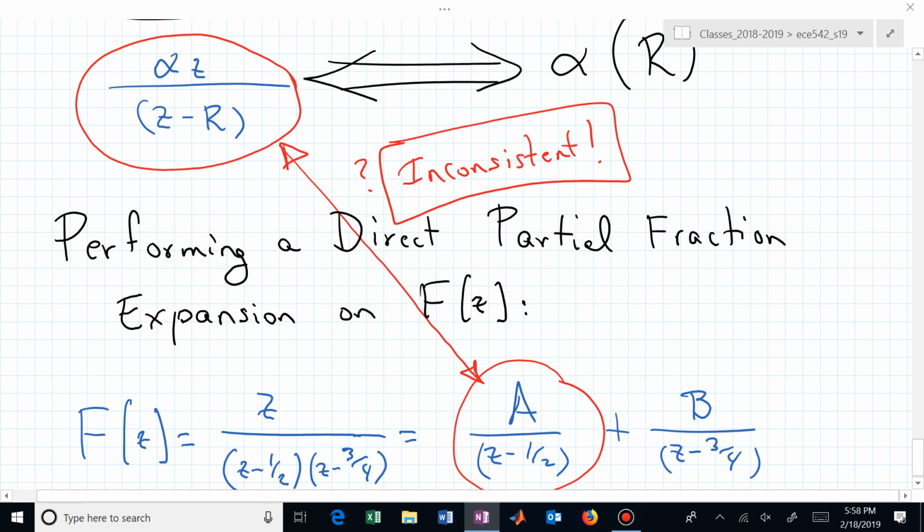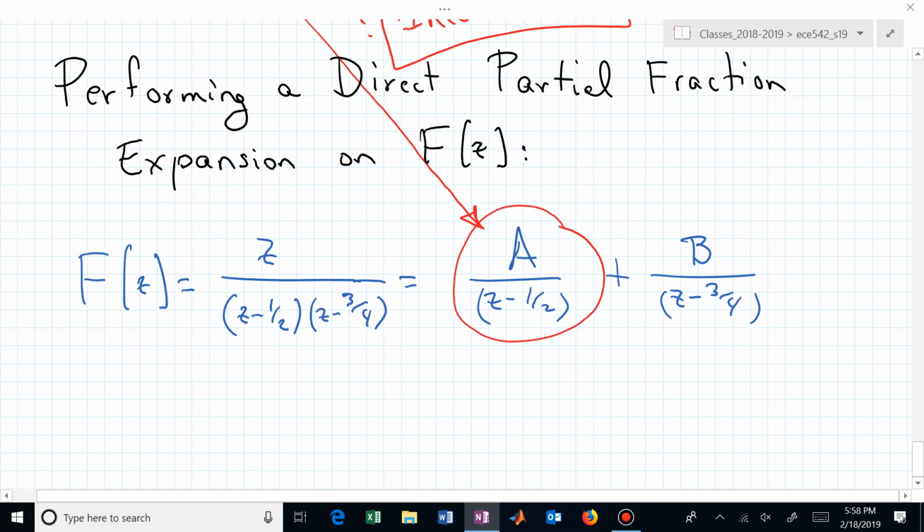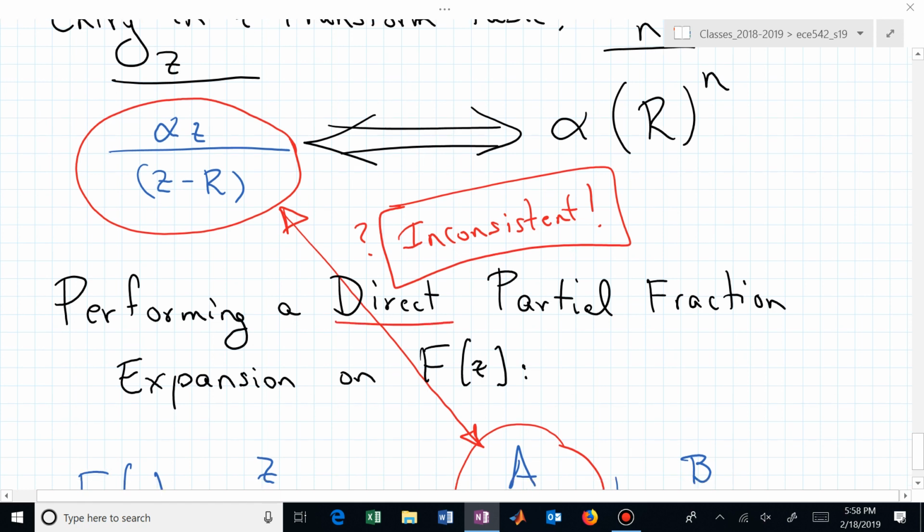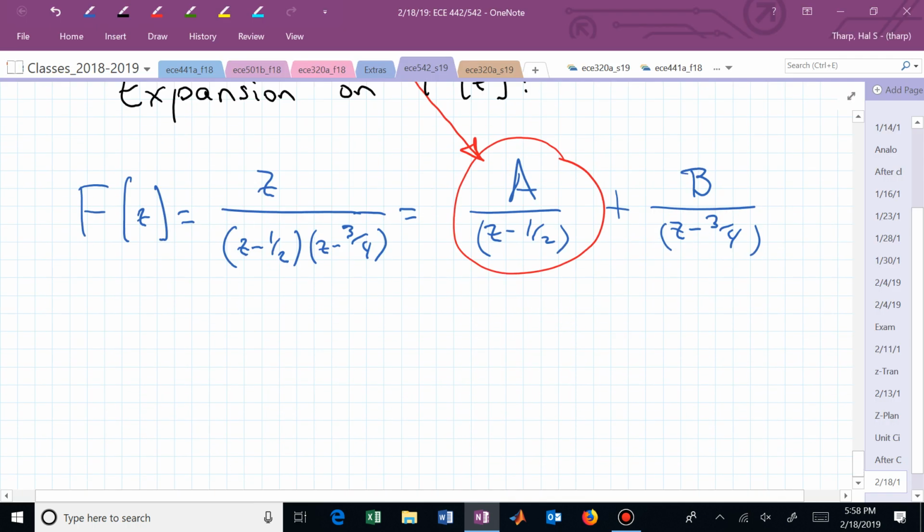do a direct partial fraction expansion on our z transform expression, capital F of z. We have to do a little bit of forethought. What we want to end up with eventually is a term like alpha z over z minus r in our partial fraction expansion. Well, we can force that z to appear in the numerator if we factor it out to begin with. Meaning, instead of doing a partial fraction expansion directly, let's instead